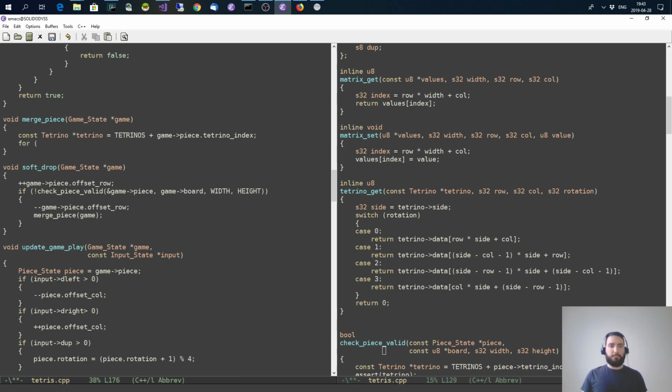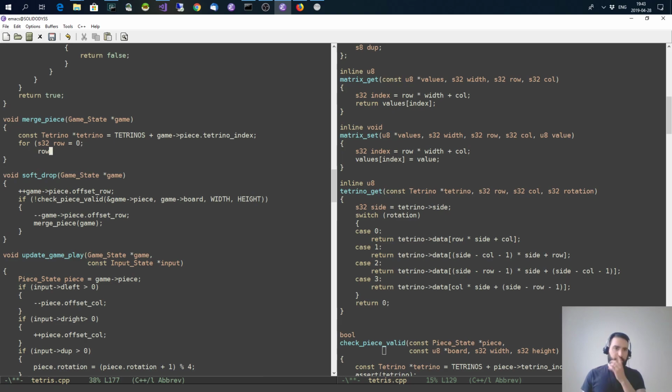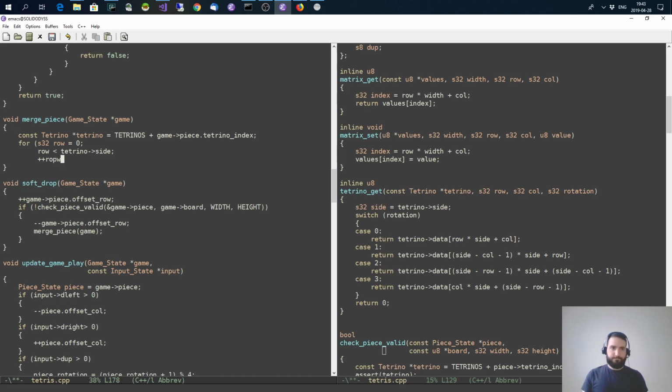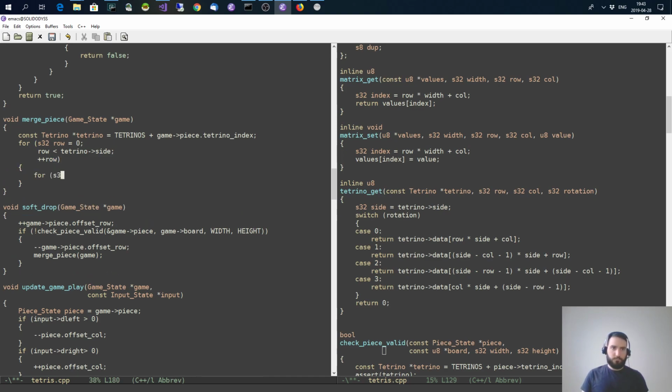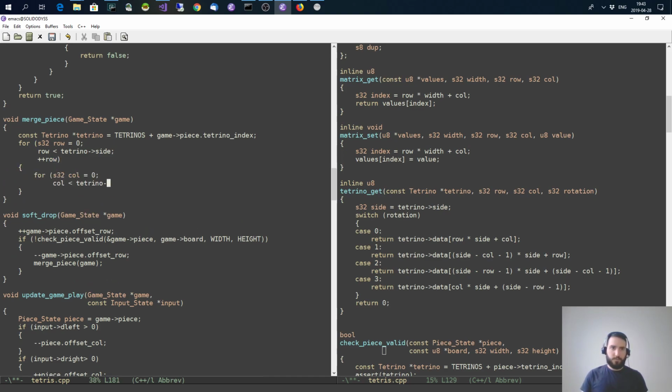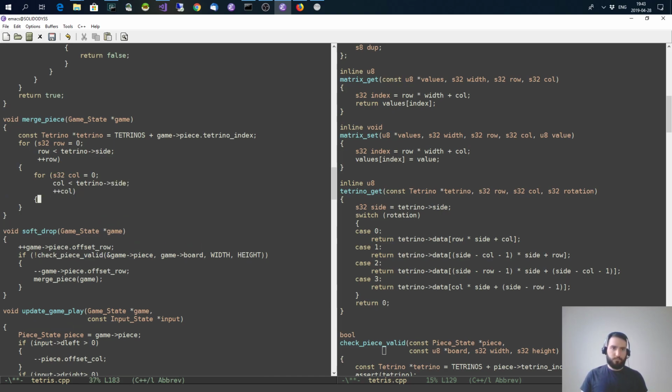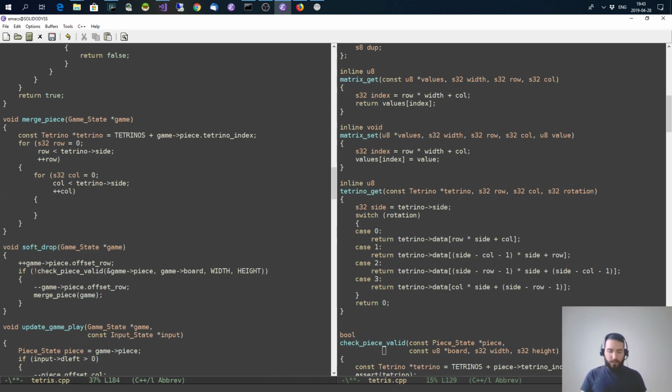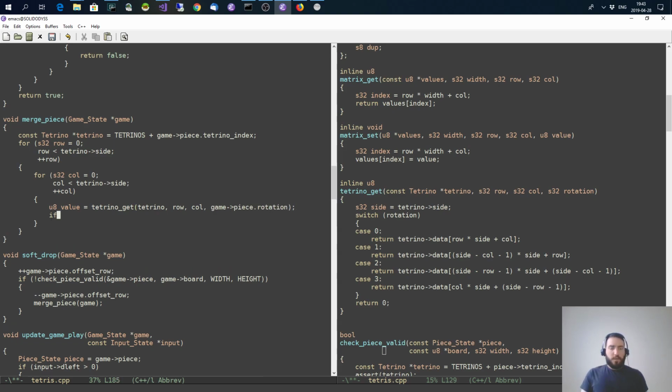All right, and then we want to loop through the cells of the Tetrino, and then we are going to fetch the value in that cell. For the Tetrino, we have the row and the column and the game piece rotation. Now, if it is a non-empty value,